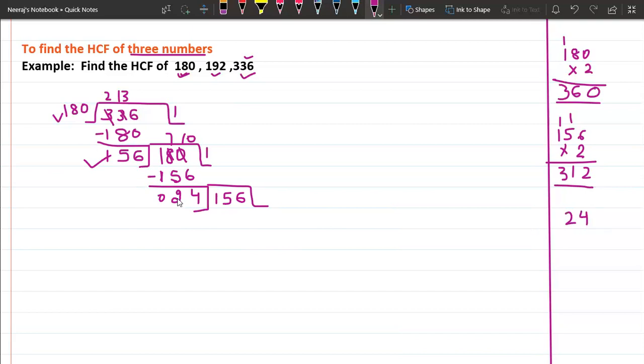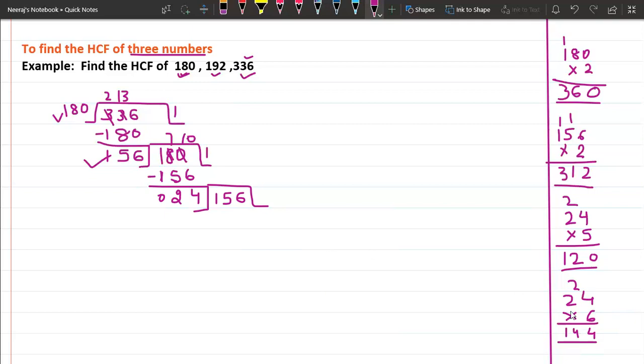So let's just assume that 24, if you will divide by 5, then what will come? So I'm going to multiply by 5. 5 4s are 20, 5 2s are 10, and it is coming 120. So the smaller number, let's check with one more number. 24 6s are 6 4s are 24, 6 2s are 12, and 2 is 144. So it is the nearest value, so we can divide.